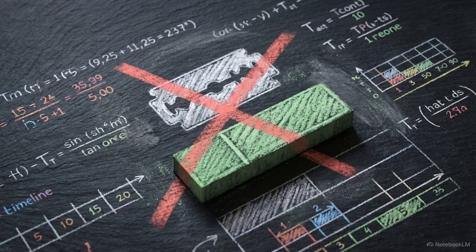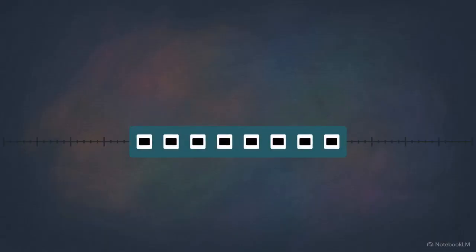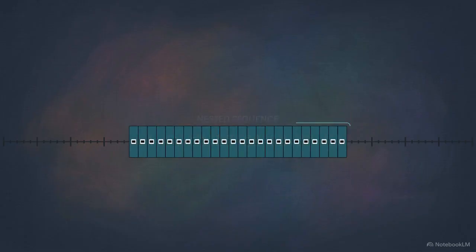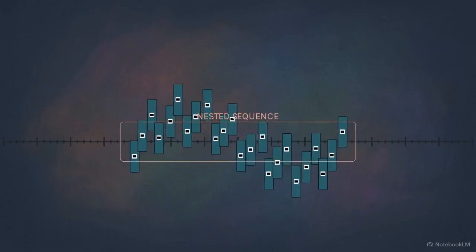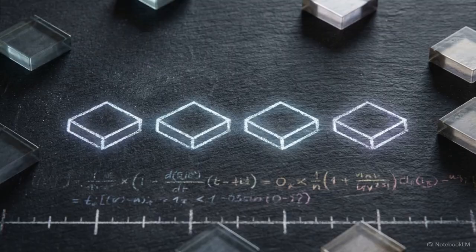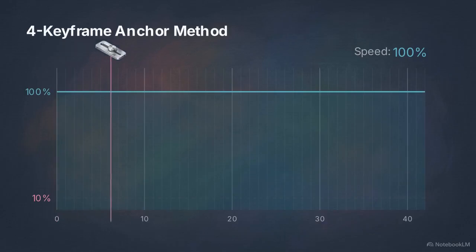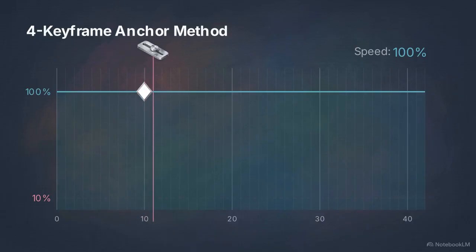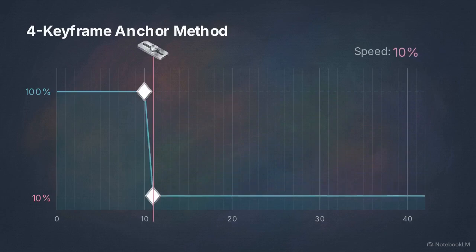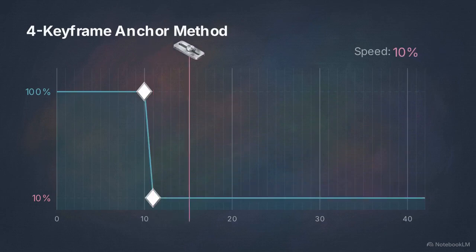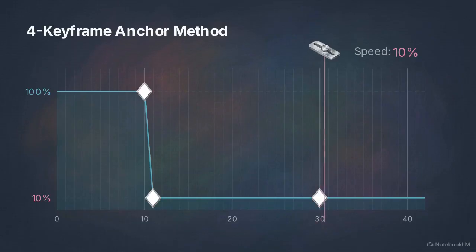Now we dictate the speed of the clip. The standard habit of slicing up clips and nesting them destroys your ability to make fine adjustments. We replace that with the 4 keyframe method. To initiate the ramp down, place your first keyframe at 100% speed. Advance 1 frame and drop the second keyframe to 10%. To ramp back up, hold your speed at 10%, advance a single frame, and snap the final keyframe back to